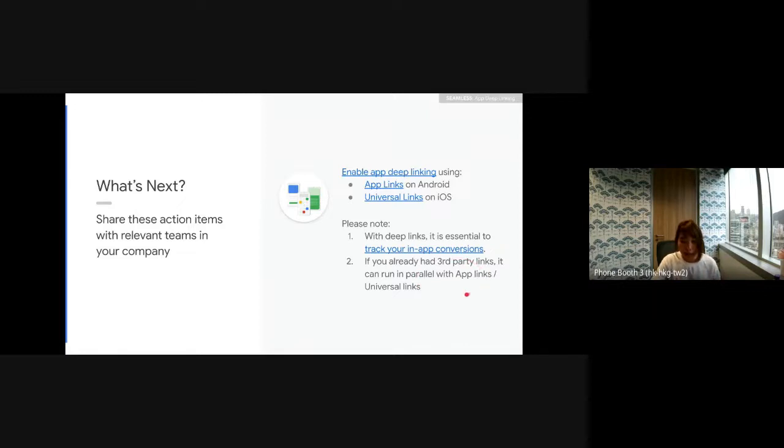If you have third-party smart links, as I mentioned, they can run in parallel with your app links and universal links. You can still keep your smart links for other channels, but specifically for Google campaigns, we need app links and universal links to work.